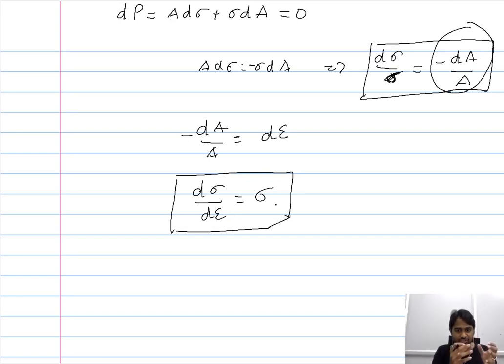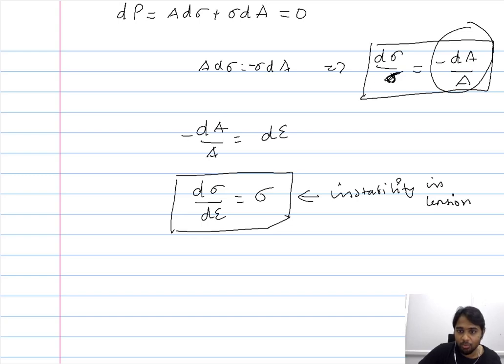So the change in the stress with respect to strain, when it is equal to that of the stress, is what characterizes the instability in tension. Now using this relation here, you can identify the point where the necking begins even in the true stress strain curve. So you have the engineering stress strain curve that clearly states where the necking becomes more pronounced, where the necking becomes dominant. However, that is not easy for us to identify in the true stress strain curve, and using this instability condition,